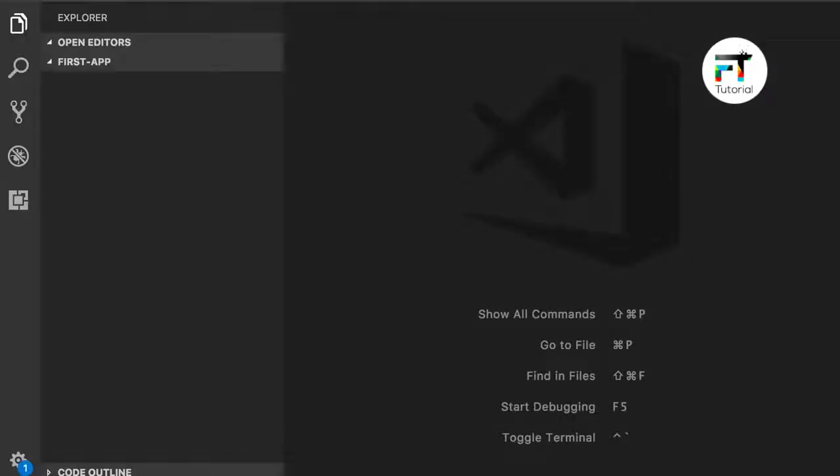So this is Visual Studio Code or VS Code. It's a free, powerful editor, but you can use any editors that you prefer. You can use Sublime, you can use Atom, or any other editors. So here in this folder, I'm going to add a new file,